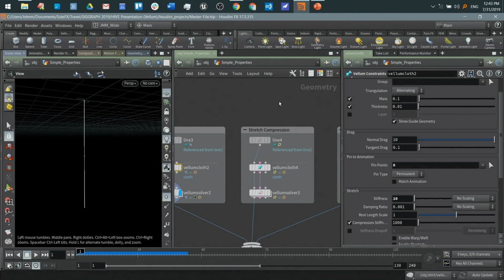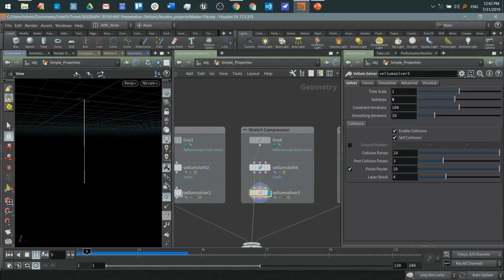Okay, so that's it. Those are the only 2 things you need to know about stretch. How stretchy is it? How elastic is that thing? And if I do compress it, how likely is it to stay in that compressed state? So the example that I have for that is simply if we crush these points up with a very high compression stiffness,